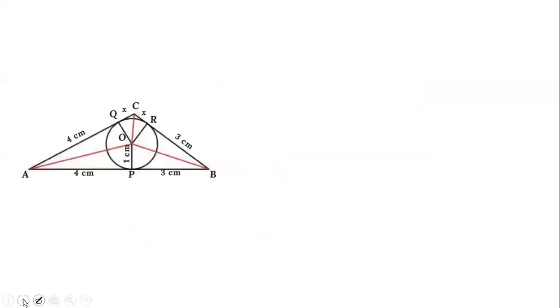Now let's move forward. Look at this figure. We can also write the area of the triangle in this way. This is the center of the incircle, and this is the tangent. If you draw a perpendicular from the center to the tangent, this is a 90-degree angle and this length is equal to the radius of the incircle. Similarly, these are also tangents, and if you draw perpendiculars, this distance is also equal to the radius, and this distance is also equal to the radius. So there are three triangles.